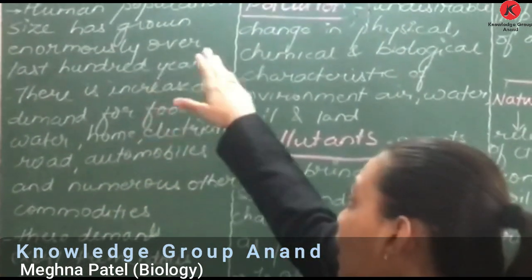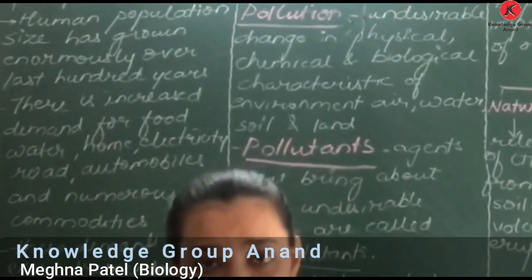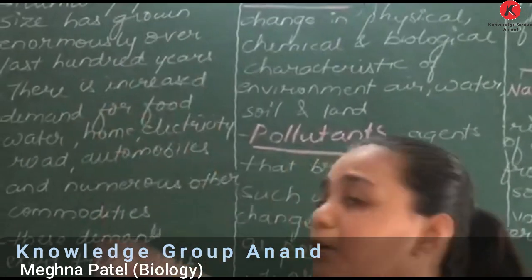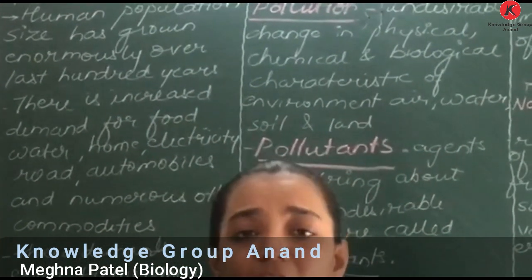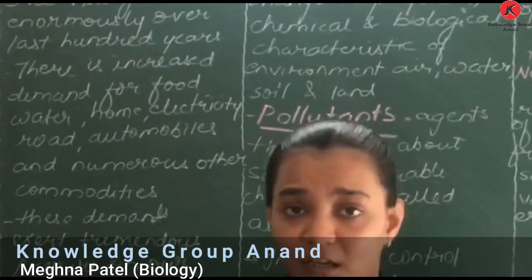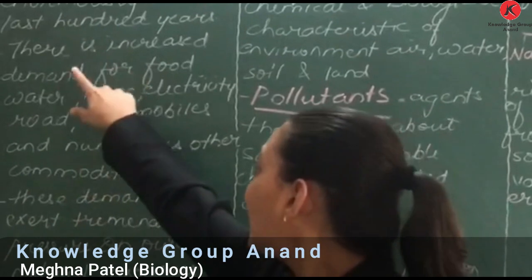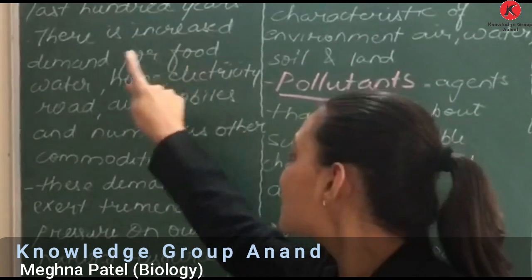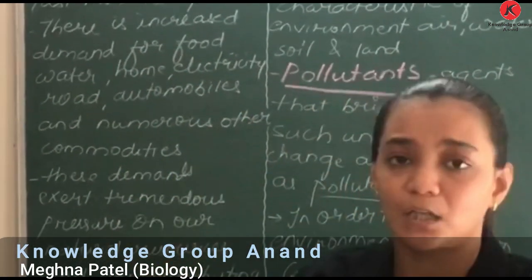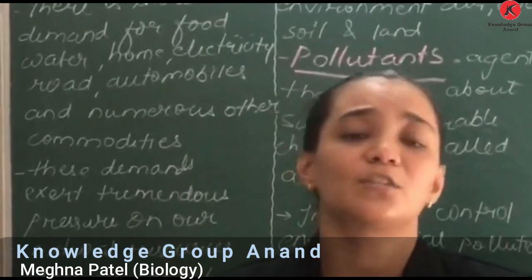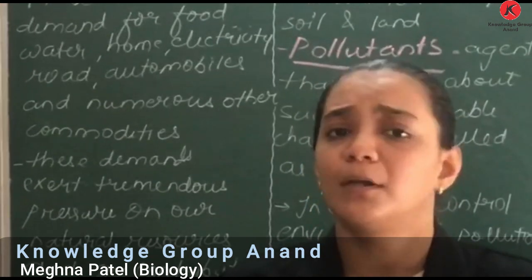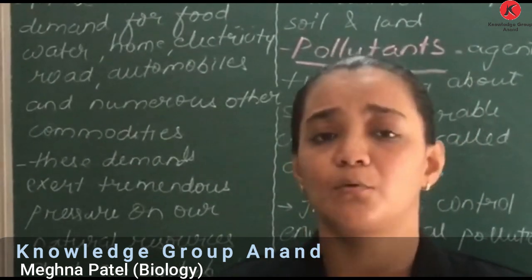The first thing is the human population size. So population size has grown enormously over the last hundreds of years, increasing at a very high speed. And therefore there is an increased demand for food, water, home, electricity, road, automobiles and numerous other commodities. So there are several things which are required in very large amount. That is the requirement of the houses, the requirement of the food, the requirement of other facilities, automobiles, roads, everything